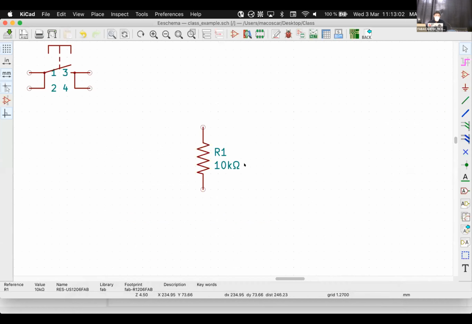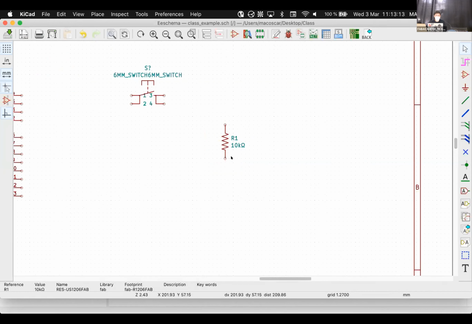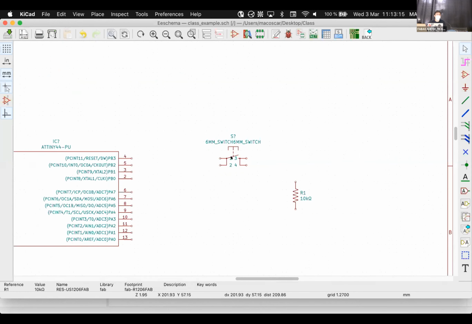So I'm gonna keep going. I'm gonna add some components in, let's say, in batch, and then I'm gonna organize them, okay? So for this, I want to put a button so that when I press a button, I can read it from the microcontroller, the same we did with the Arduino a couple of weeks back. And I want to also put an LED